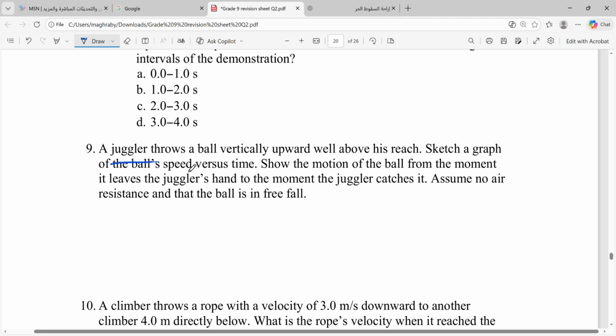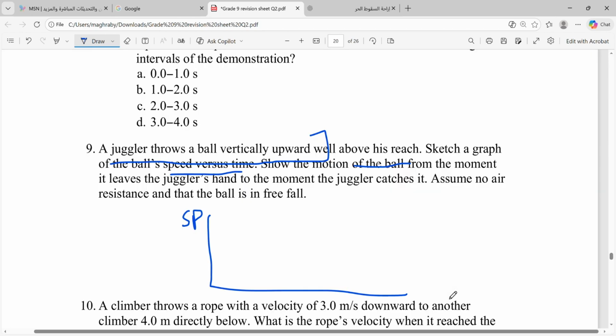A juggler threw a ball vertically upward above reach. Sketch a graph of the ball's speed versus time. Show the motion of the ball from the moment it leaves. Okay, but this graph is speed versus time. Keep that in your consideration. Speed here, and here is time. So he needs to show the motion of the ball from the moment it leaves the juggler's